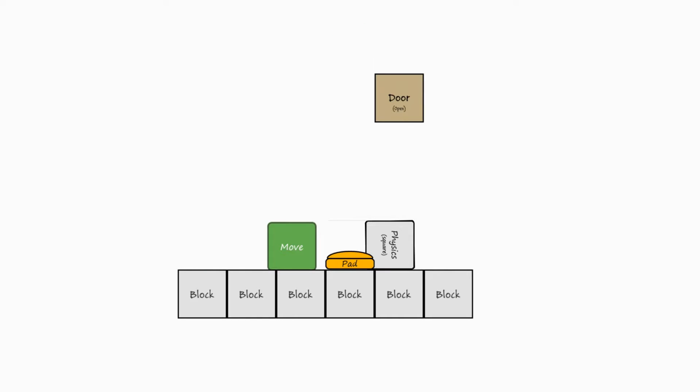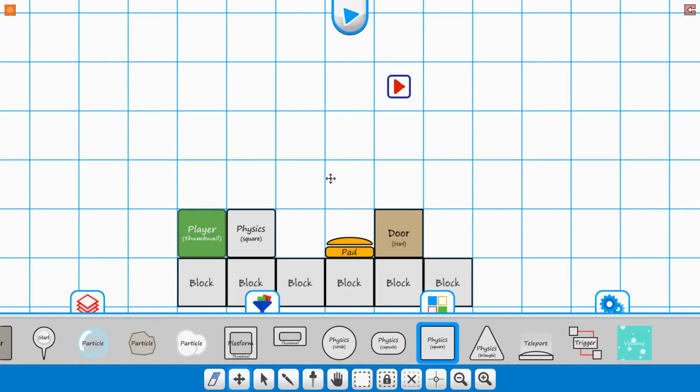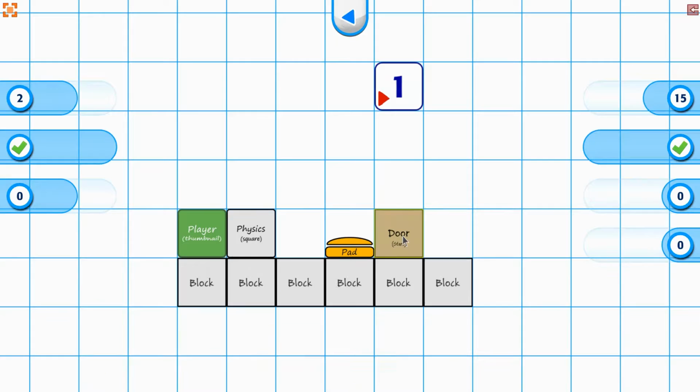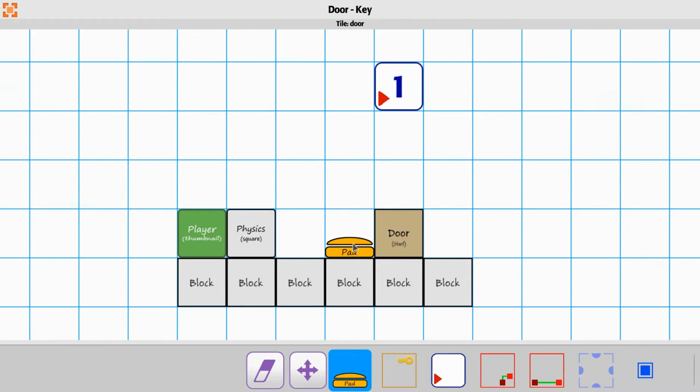Alright, so that's going to be the basic use of a pad, and something just to consider with it is that the advantage to having something like that is that if you had multiple in the scene and you were having to move objects, place it here, place it there, and over here in order to open up something on the other side,